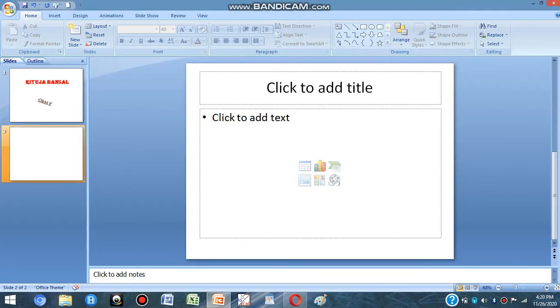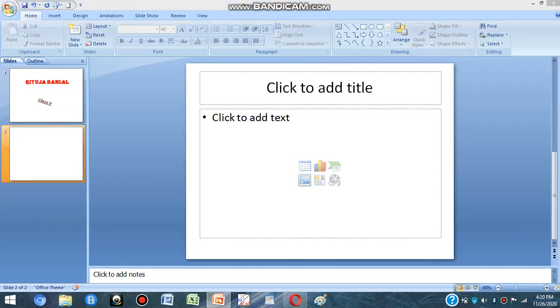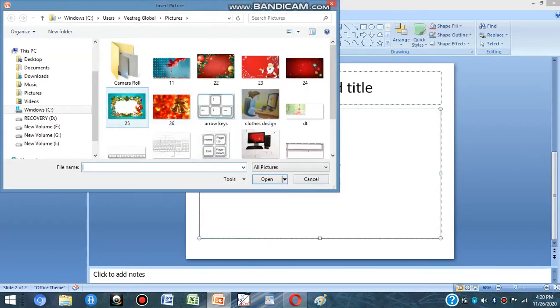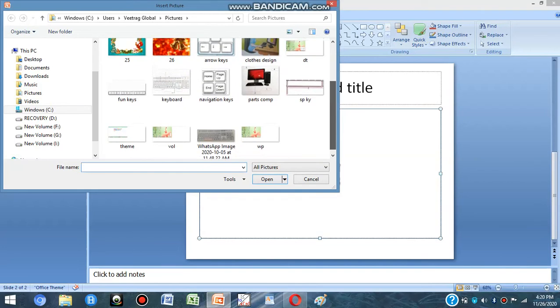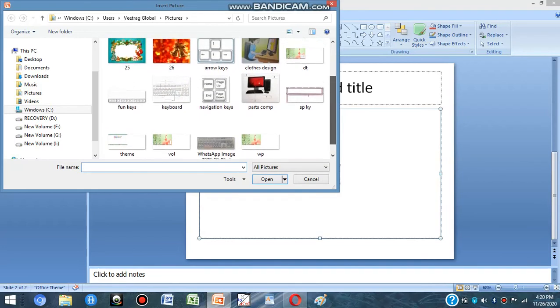Now in this slide, we have to insert a picture. We will take from these 6 options, we will take insert picture from file. And these are the pictures which are present in my computer system. So you can insert any of the pictures present in your computer system.